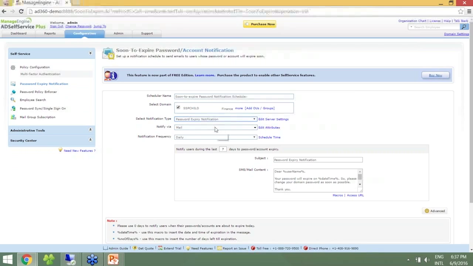And in notify via mail, you can either choose SMS or push notification or all of them, but I'm going to focus only on mail. And this is the notification frequency which you can choose, whether it's daily, weekly, or on specific days. I'm going to keep it as daily for now and schedule for a time that is 8 o'clock in the